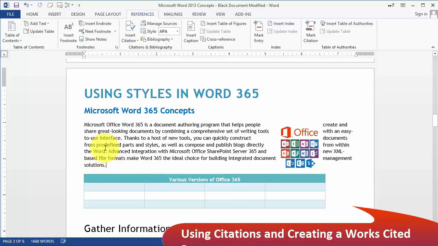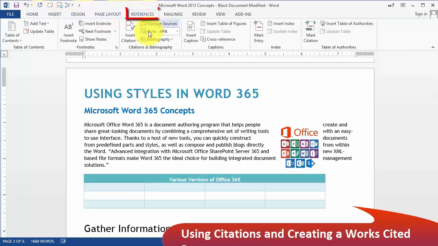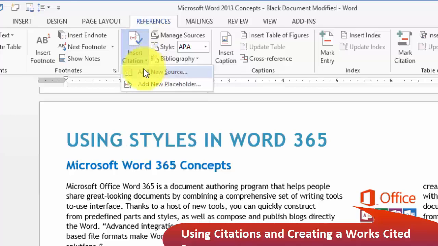So let's say here we are citing a section of this, and now here we want to insert the citation. So all you have to do is, let's say we are in the Home tab, and then we go here under References, then you go under Insert a Citation. So it's basically to give credit to a source of information, citing the book, article, and so on for purposes of academic requirements. So you click here under Add a New Source,